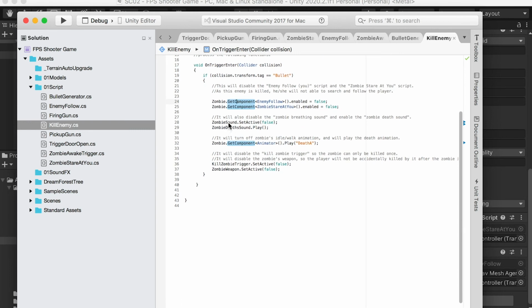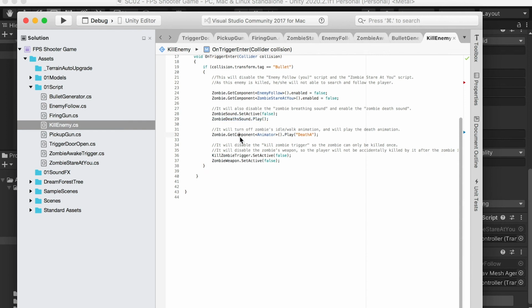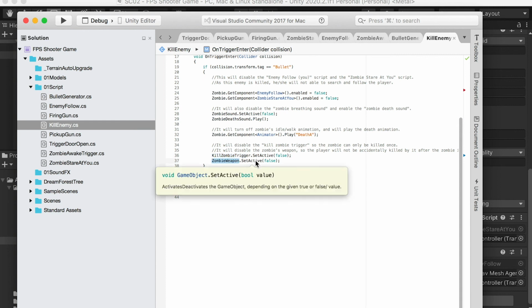And also we're going to deactivate the zombie sound, which is the zombie breathing sound, and also play the zombie death sound. It also gets the animator and plays the Death A animation clip. That's the new one we have created, right? And it also deactivates the kill zombie trigger, so the zombie will not be killed multiple times. It will also deactivate the zombie's weapon, so when the zombie died, the player will not be accidentally killed by